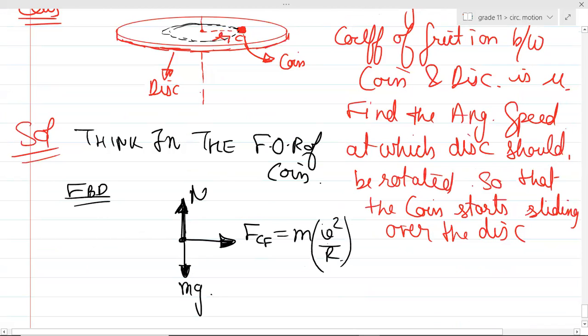Acha, is the velocity given to us? Do we need to find out the velocity? Guys, do we need to find out the velocity or do we need to find the angular speed? If we want to find the angular speed, then don't write v square by r over here. Write omega square into r. Yes or no? So this is the centrifugal force, and since this centrifugal force will have a tendency to move this coin outward, radially outward, hence to stop it, a friction will be acting in this one. Yes or no? And for this coin to start sliding,